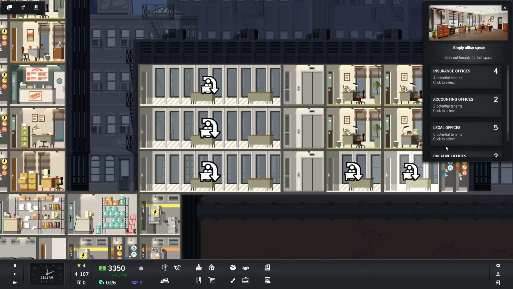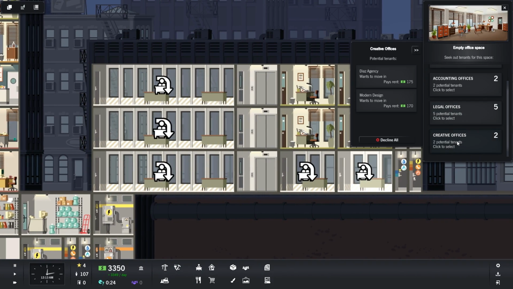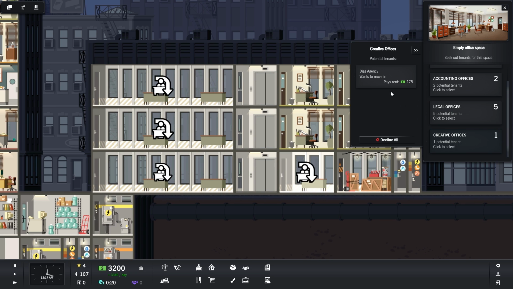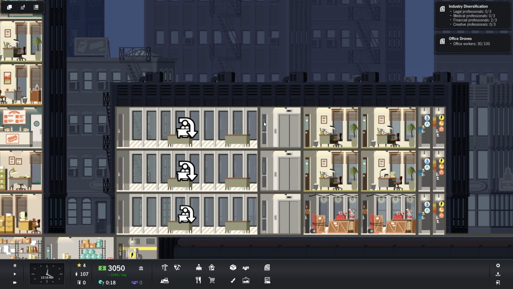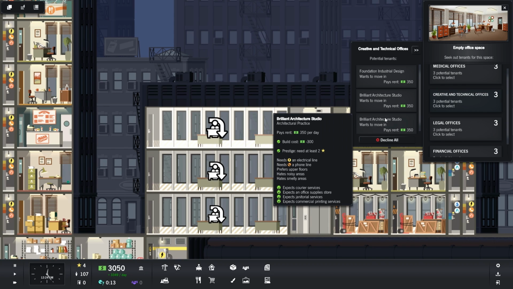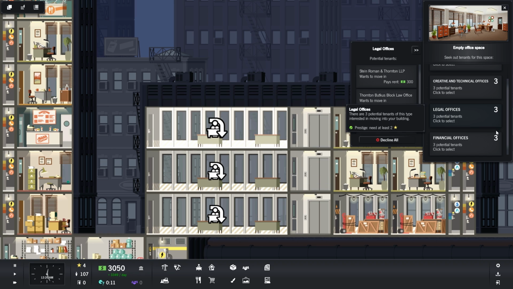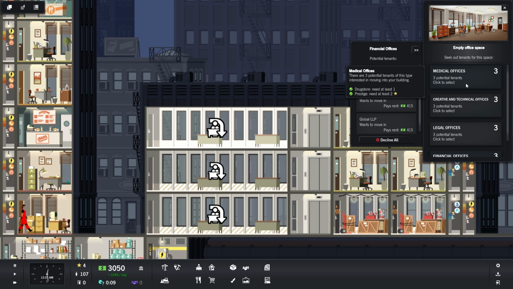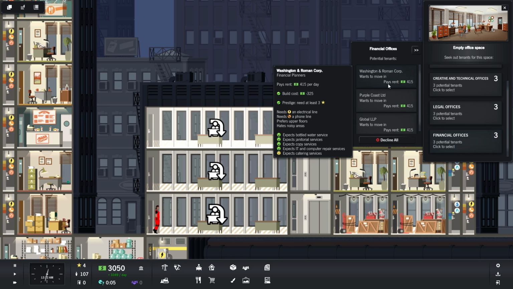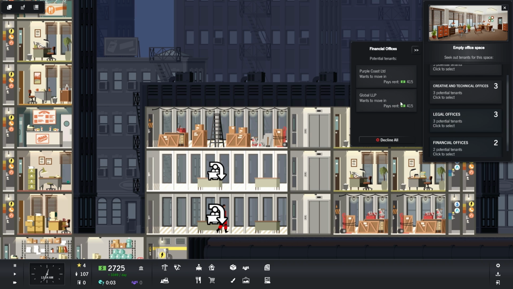That is not bad. Let me get myself some new offices. So you guys are 170. And you are 175. So a bunch of creative offices there. We can actually look at 3 more creative offices, but I don't think they pay as much as, yeah, financial pays for over 400. So I think we're going to go financial. So we'll go for you, and...